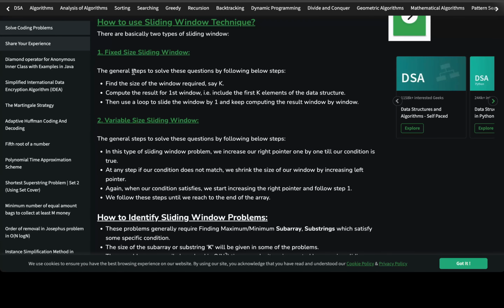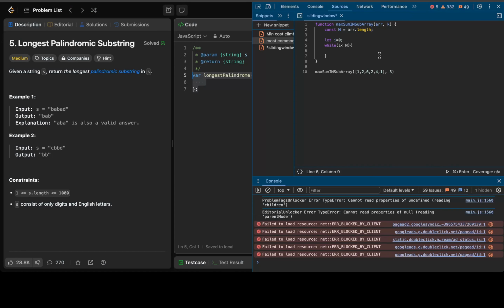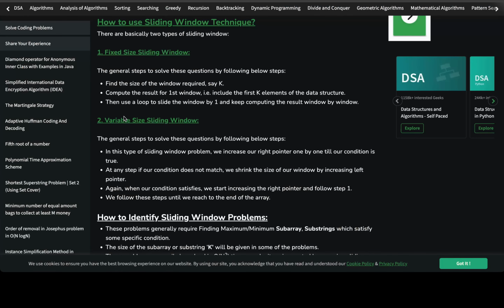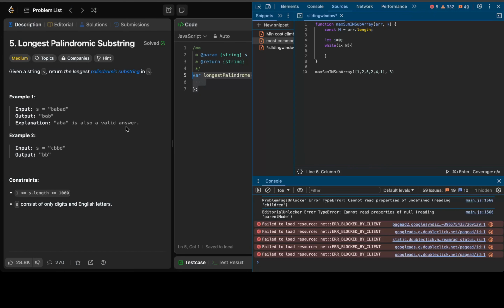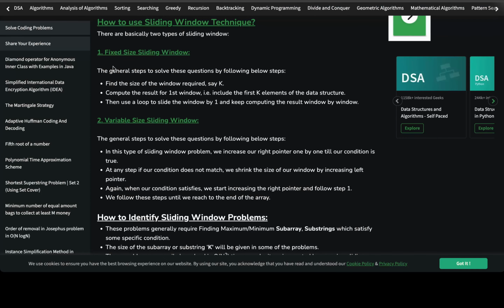The one is the fixed size sliding window technique, which we are solving right now here. Another one is the variable size sliding window technique, which we will be needing in our palindrome problem. So if you take a look here, the general steps to solve these questions are: find the size of the window required, say k, and compute the result for the first window that includes the first k elements of the data